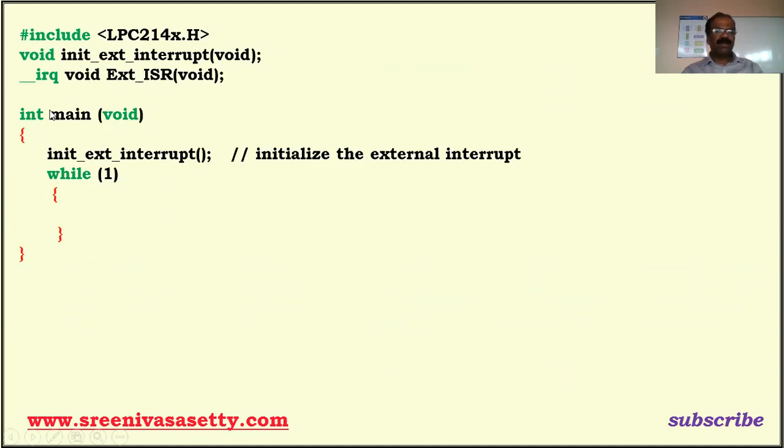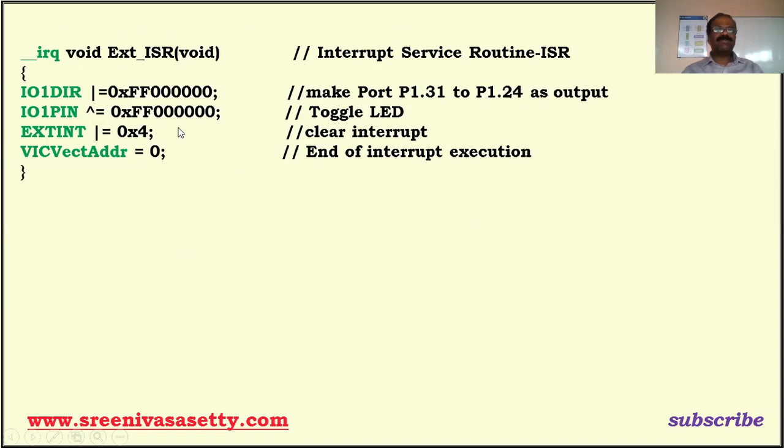Okay, this is your main program. Always the main program must be in an infinite loop. Here, initialize external interrupt means it's going to configure the interrupt system, then while 1, an infinite loop, it comes to this and keeps executing this. Suppose once you press that switch, there will be a transition from high to low, a negative edge, I told you already. Then the microcontroller comes to know that there is a request, so immediately it takes you to this particular program.